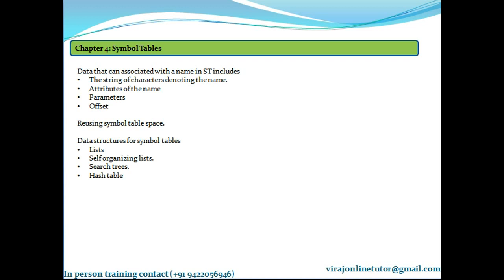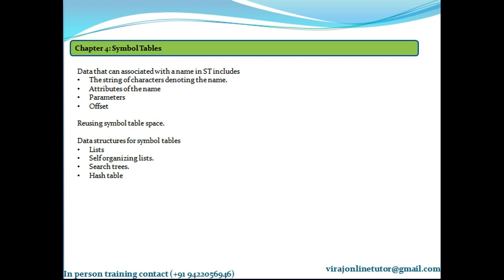We introduce a pointer called first, which gives the position of the first record on the linked list, and each record has a link field which indicates the next record in the list. I repeat, we introduce a new pointer called first which lets us know the first record in the list, and the link field in each record tells us which is the next node that we are supposed to visit.